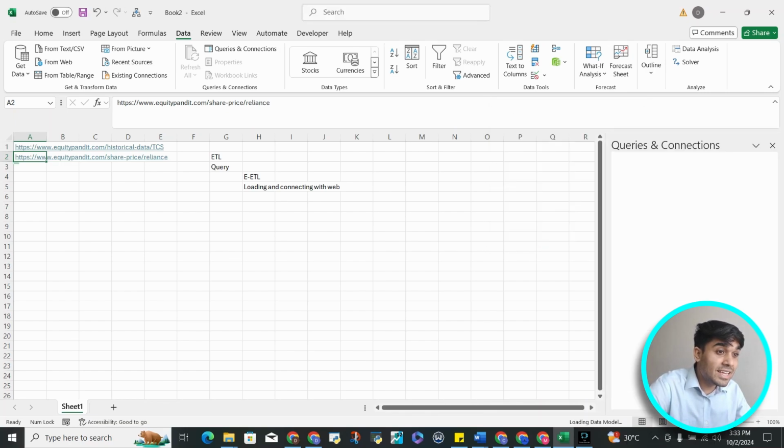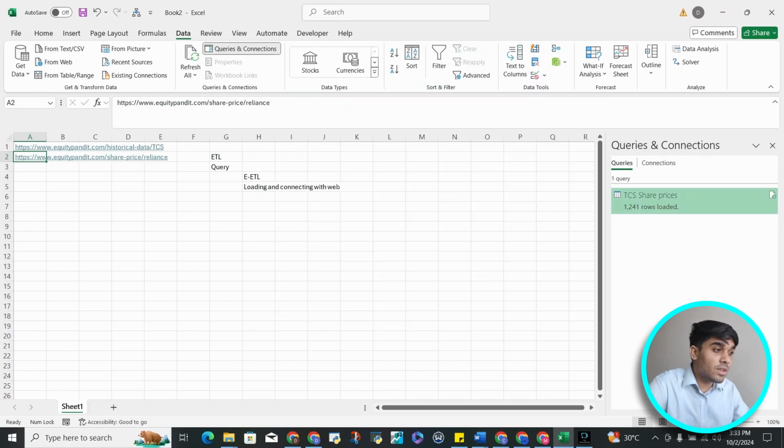So you can see under Queries and Connections that I have, TCS share price will get here. Data is being loaded here. Creating relationships, and here we go. So this data set, let's say I want to load it. I can just go to Load To, and I can just load it to my Excel file. Other than that, if I want to refresh the data that I have, I can just click on Refresh All,